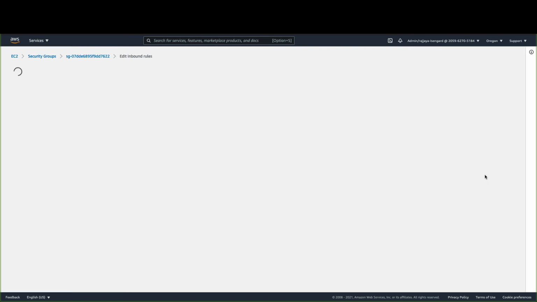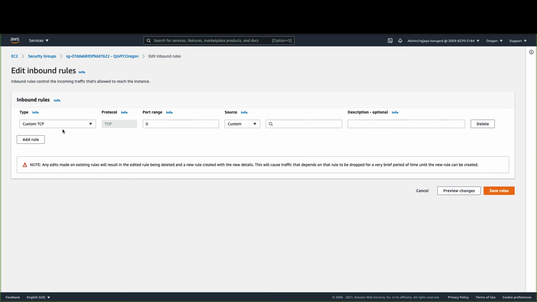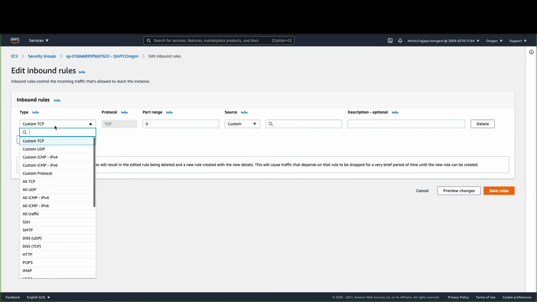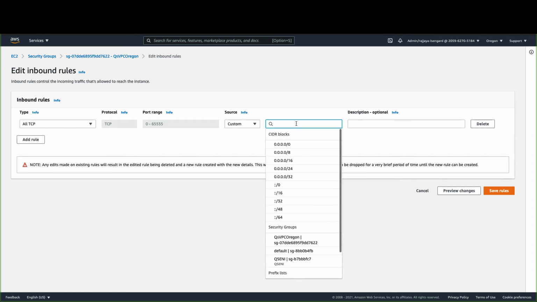I'll choose edit inbound rules. I'll select add rule, and here I need to allow all TCP so that the return traffic coming from any port from the RDS instance reaches this QuickSight VPC connection, and the source would be the IP of the RDS instance.